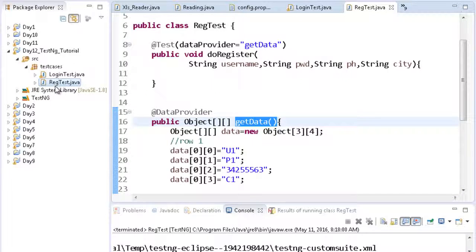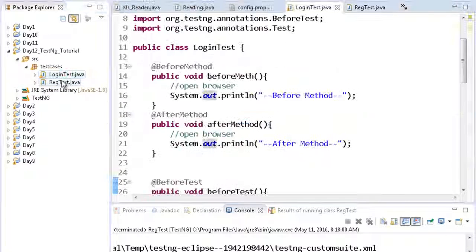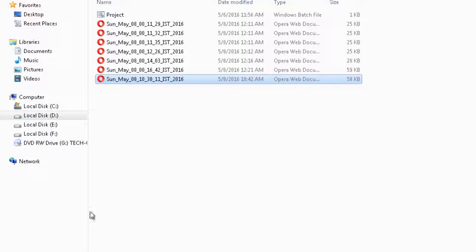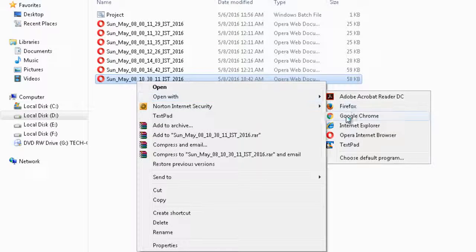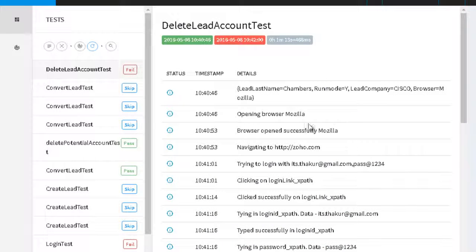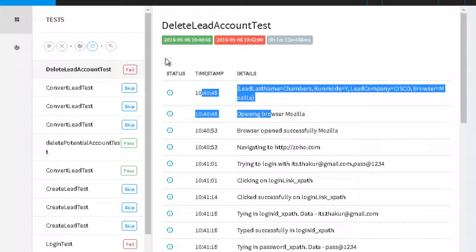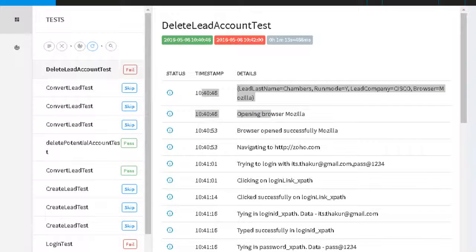Now you can also batch run these tests. You can also generate reports, like extent reports. These are the extent reports which I talked about. You can also generate XSLT reports.